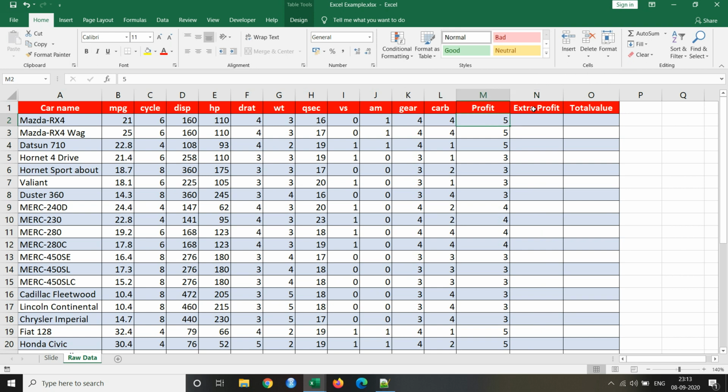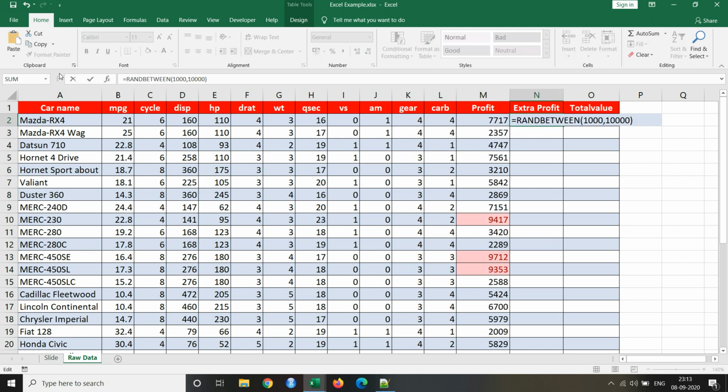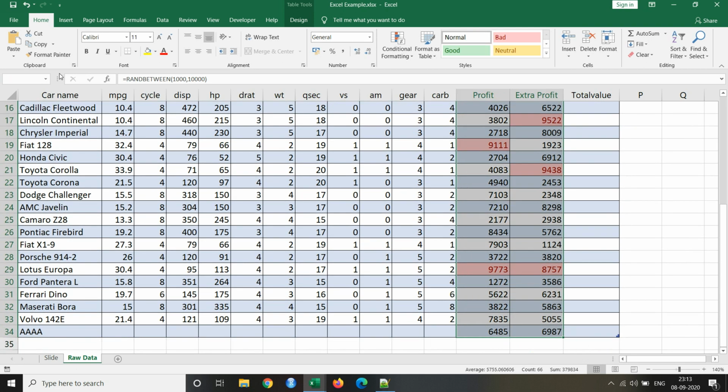Now I'll put a random function here so that we will have some numbers. Same thing I'll put here.